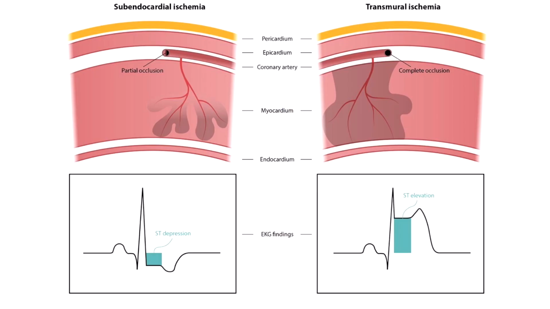In the event of NSTEMI or potentially any ischemic cardiac etiology, there may be non-specific ECG changes such as ST depression, T-wave inversion, or pathologic Q waves. Do not be thrown off by these findings. As a quick reminder, a transmural infarction will lead to ST segment elevation, while a subendocardial infarction will lead to